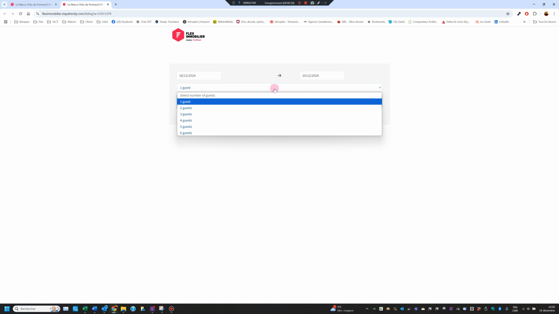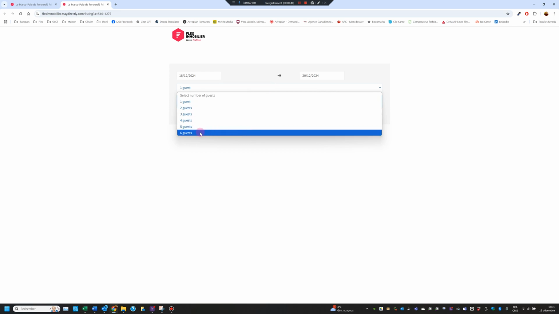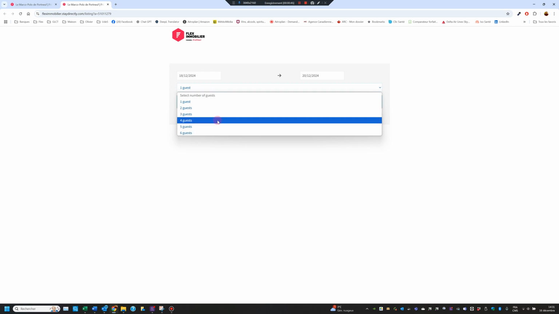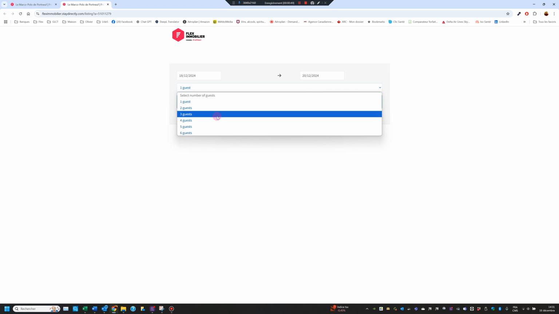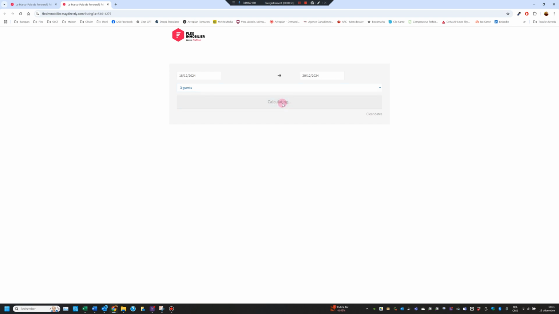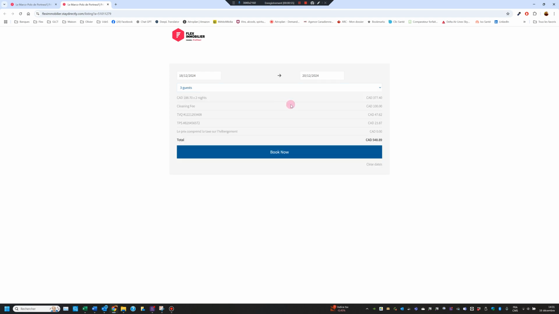And after this, you select the number of guests. And here it shows that the maximum number of guests that this cottage can accommodate is six guests. So if you plan to be, let's say, three people for your stay, you click on three guests, and at this time you'll be able to click on check price and see the pricing